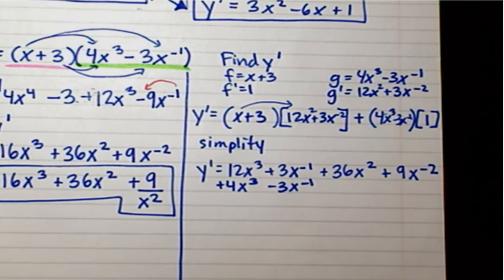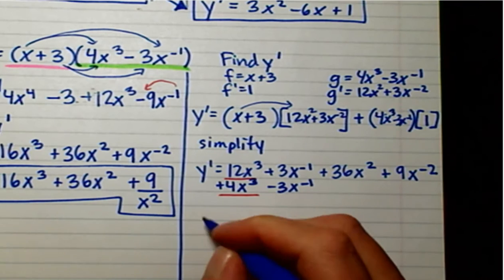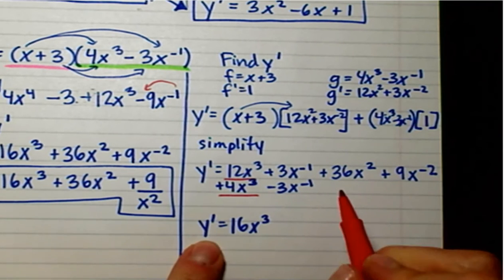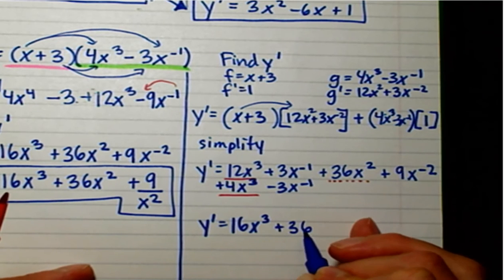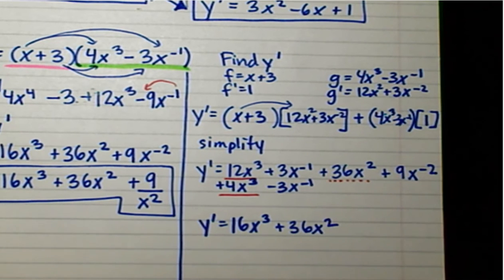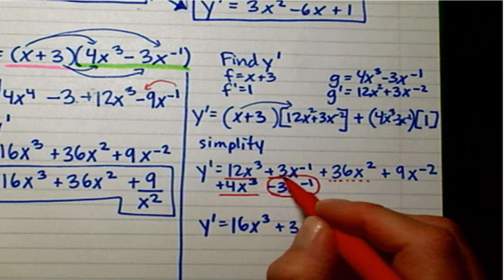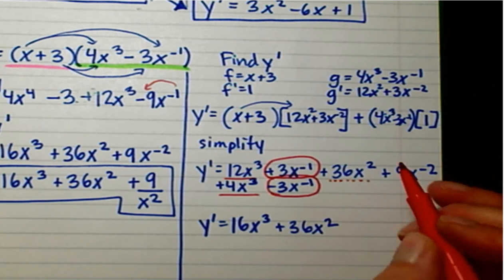And combine your like terms, yes. If you just wrote 3 over x, would that also work? Oh, sure, that's fine. So as I combine my like terms, I notice those 2 pieces are the same. So I get y prime equals 16x cubed. Okay, I'm going to go in order. So now I see the squared. Same variable, same exponent. Next thing I notice is that these 2 pieces both have x to the negative 1, but they're actually opposites. So that makes a 0. And then the last part,